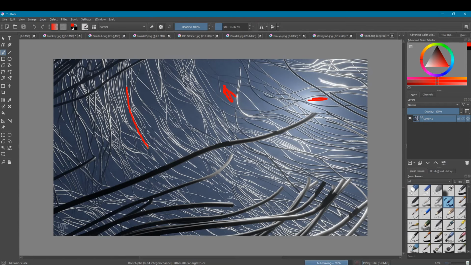Kind of like a hive mind of the wires. That can look really cool. But right now, throughout the whole camera view, they're just all coming this way, which doesn't